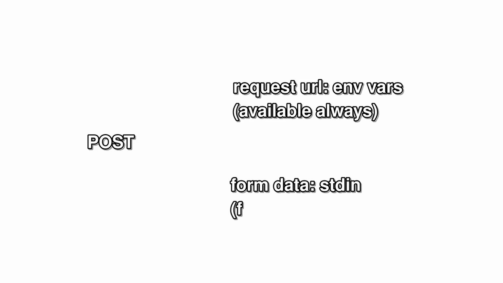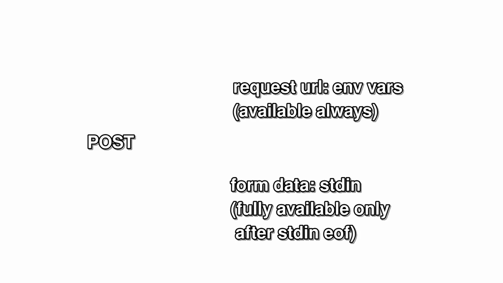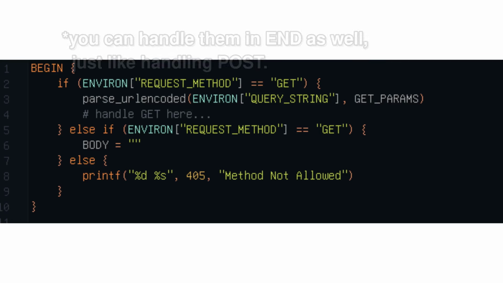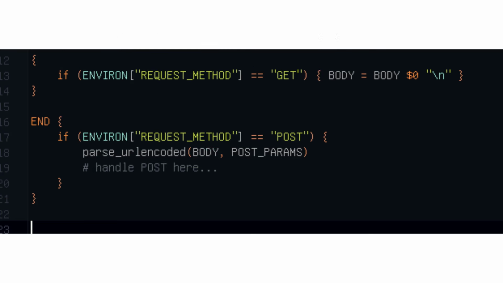And the thing is that if we are handling a POST request, the full body of the POST request isn't available until we have reached the end action. So the structure of an Org CGI script becomes like this. For GET requests, you can handle those in your begin action. For POST requests or any other kind of request that has a body that will be passed in from standard input, you have to collect the data with an action that matches every single record, and you will have to process them all together at the end action. This of course is different from languages like Python or Perl, where you can just read from the standard input